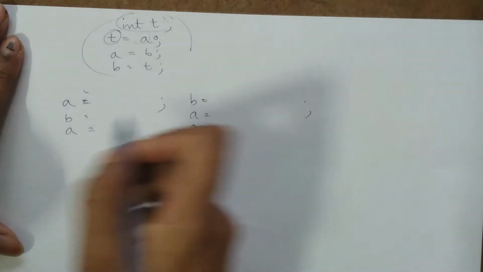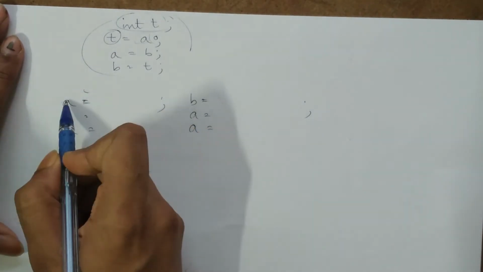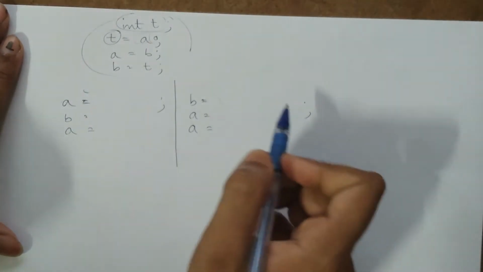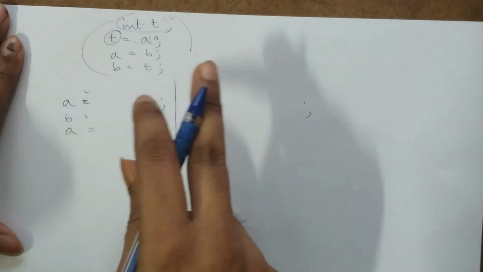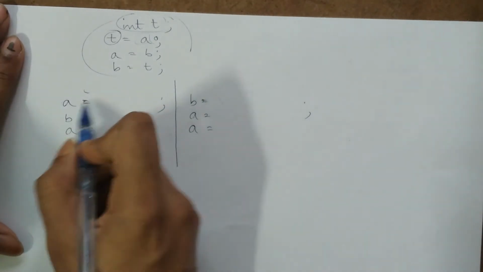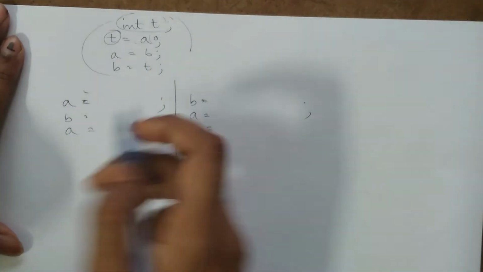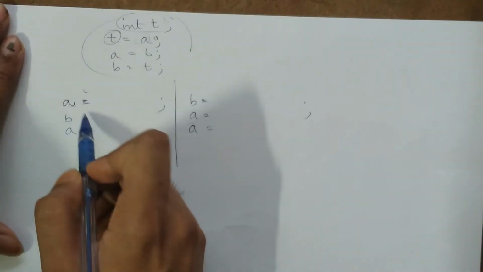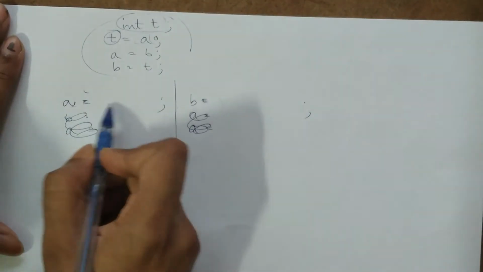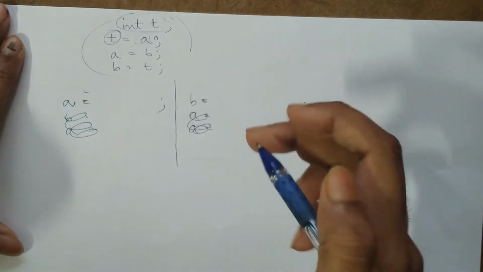But for now we will proceed with the program by writing a equals to here and b equals to here, and we will also see whether there are two ways to do the program or just one way, because we can see that we can use only these two variables a and b on the left hand side of the equation. So for now just write a at the beginning and b at the beginning on the two sides of the column, and we will see how to proceed with the right hand side of the equation from henceforward.